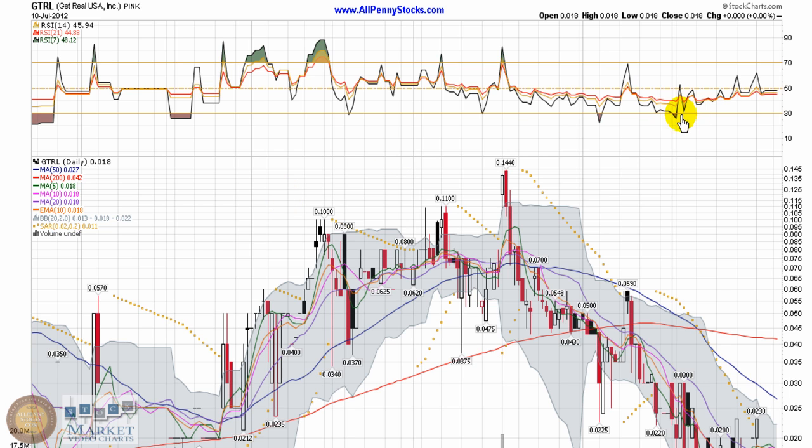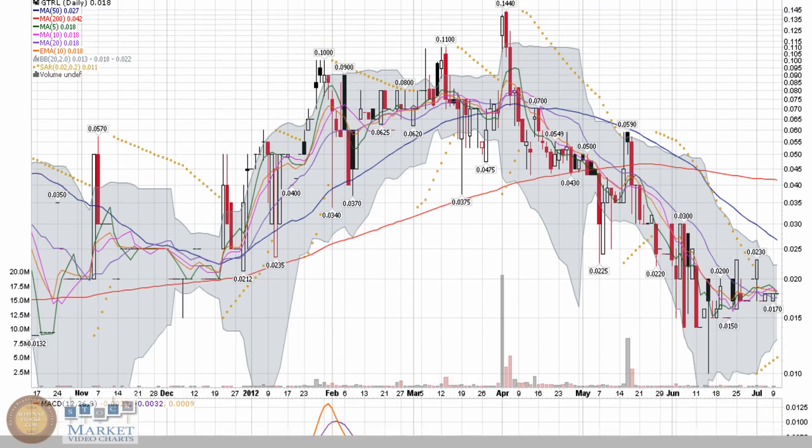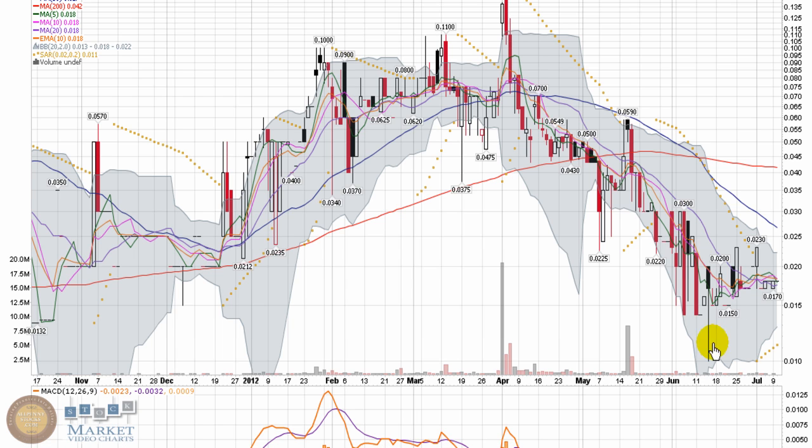I noticed right off with this RSI trending upward, a little bit of momentum trying to come into play. And that's evidenced by coming off this bottom. Stock made a brief dip down to a penny, pulled right back up before the close that day,